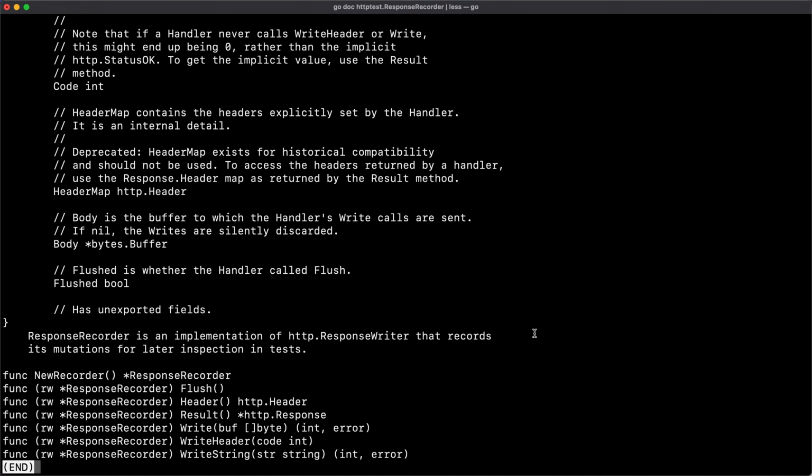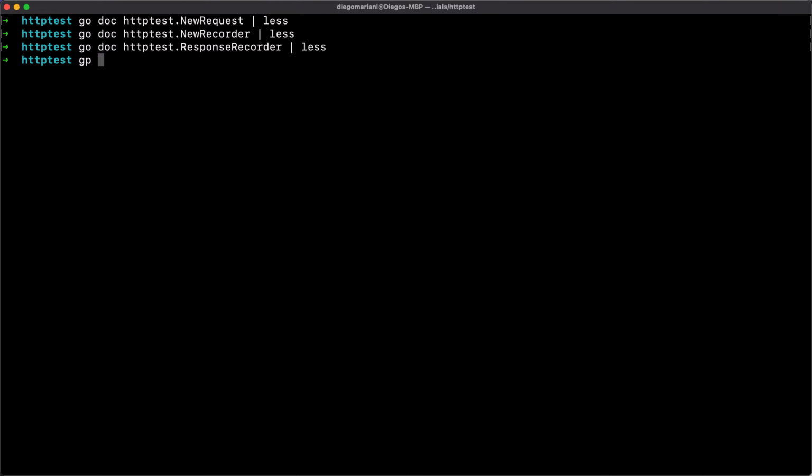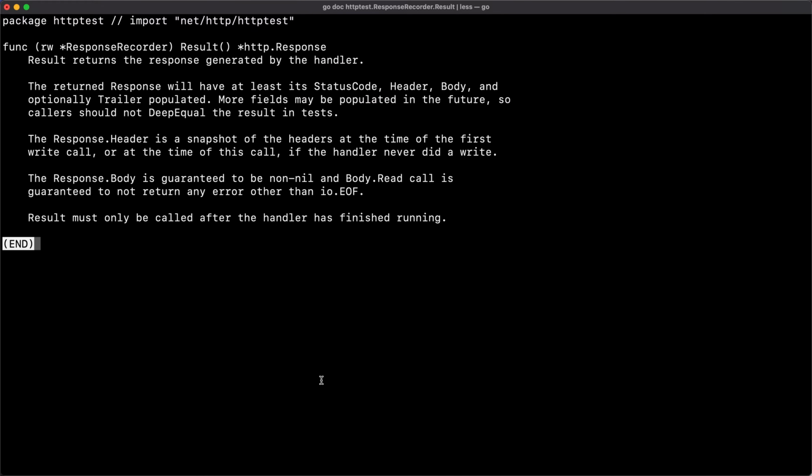We can just use the ResponseRecorder, which is an implementation of the ResponseWriter. Then we pass that into our handler, we call the Result method, which returns the response, and then we are good to go. We already have everything that we need. So let's also check the go doc for httptest ResponseRecorder Result.